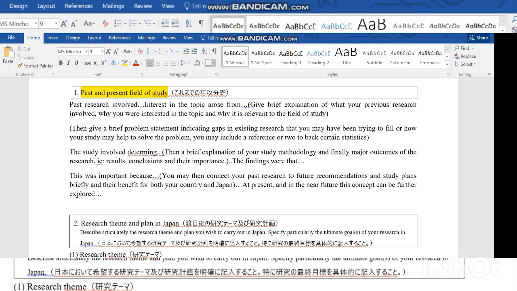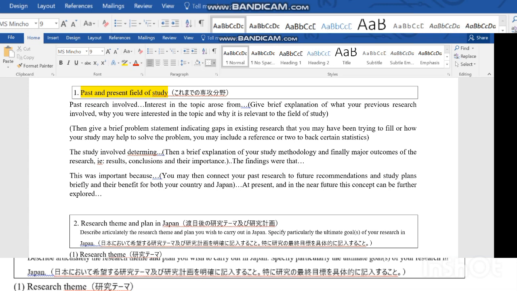Then this is just a continuation of this, right? So the findings were that such and such, after you've talked briefly about the methodology of your undergraduate research. This was important because you may then connect, and so you fill in here. This is just some advice on this part. You may then connect your past research to future recommendations and study plans briefly, and their benefit for both your country and Japan, because in this past and present field of study,